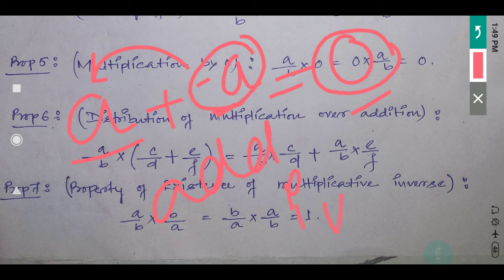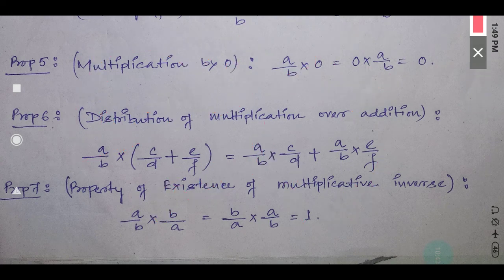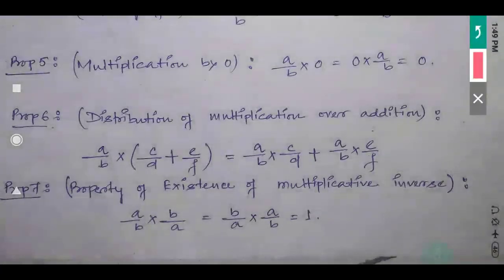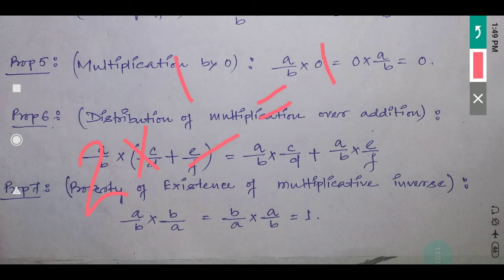Additive inverse. Okay, so similarly in case of multiplication also, we have a multiplicative inverse. Multiplicative inverse means, with one rational number, what you have to multiply so that you will get 1. Suppose I have here 2. With 2, what do I have to multiply so that I will get 1? That means you have to multiply by 1 by 2. Then only this 2 and 2 will get cancelled. Then only you will get the 1. Right? So that's why the multiplicative inverse of 2 is 1 by 2.